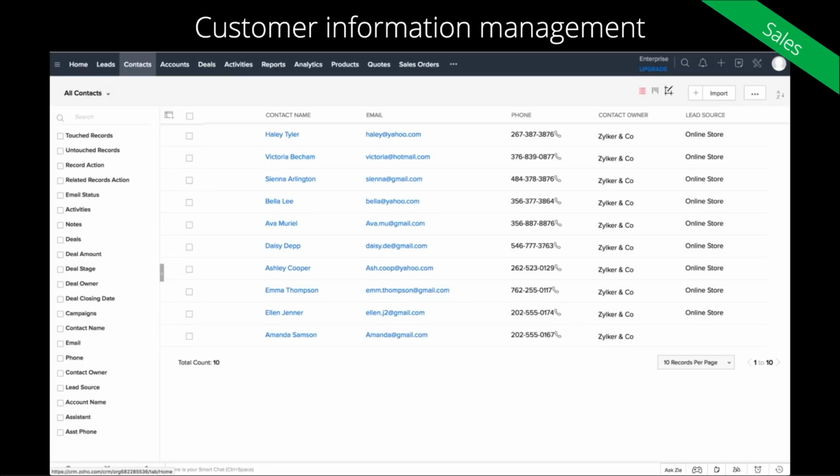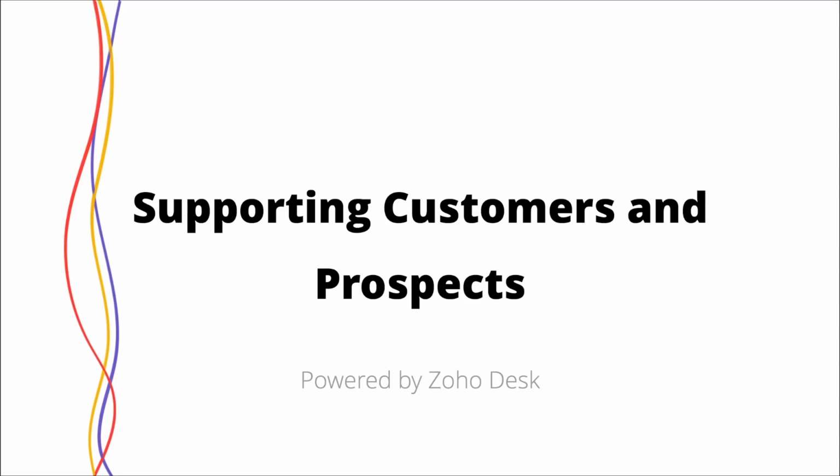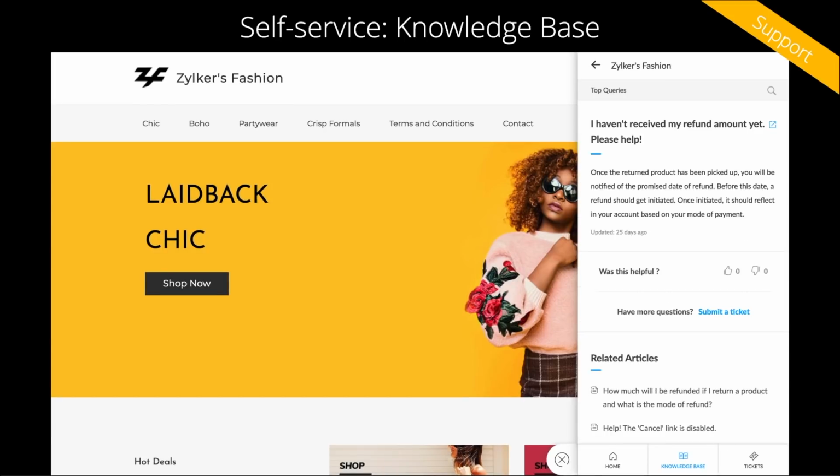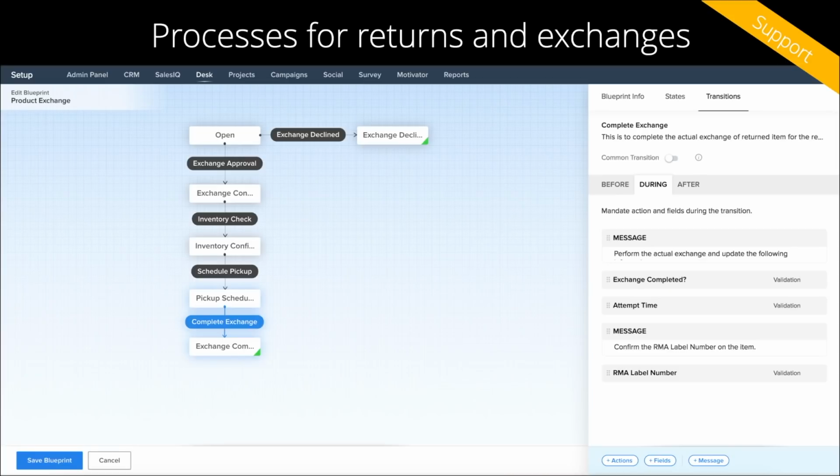And this information, especially customer information pre-integrated with your e-commerce system, is a powerful way to understand what's going on with a customer. And of course, on the customer support side, Zoho Desk offers significant capability in the context of offering multi-channel support. And on top of it, Zoho Desk also offers knowledge base, so you can integrate knowledge base right into the system, and all of that is available.